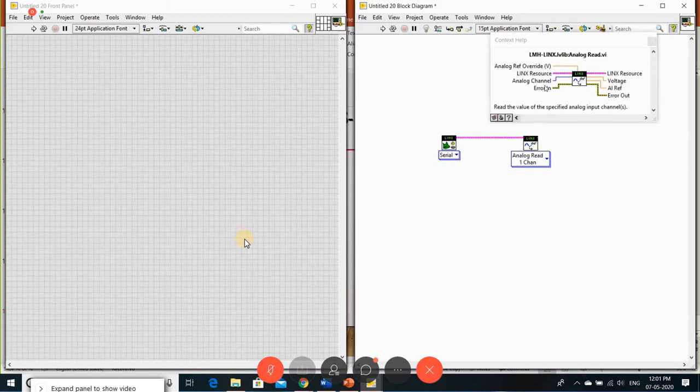For example, your thermistor is connected to the analog line of A0 or A1, A2, something like that. So give the channel number, and the corresponding voltage level comes here. You take that voltage level, and you can plot it or scale the value with respect to the value read by your sensors. That is how we can do that.